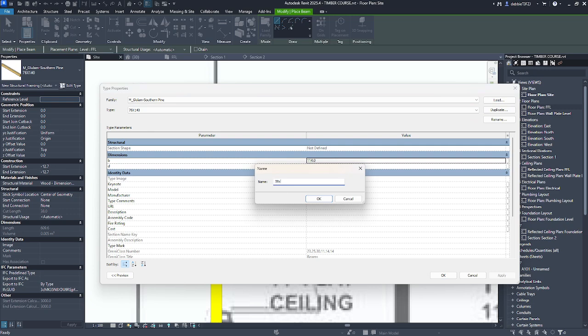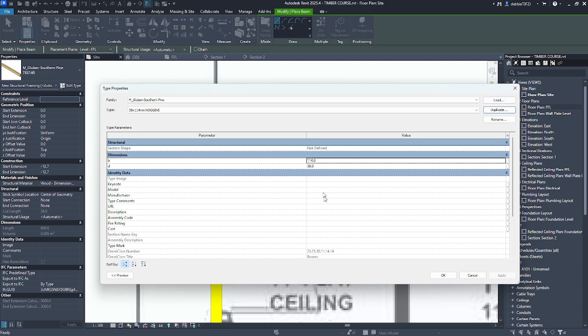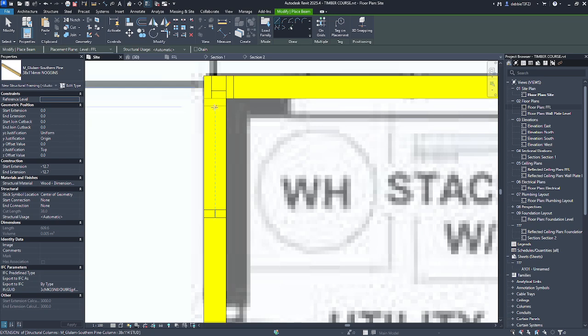So it's 38 by 114 millimeter noggins. I press OK. So this needs to be top justified at 1350, or half of the wall.